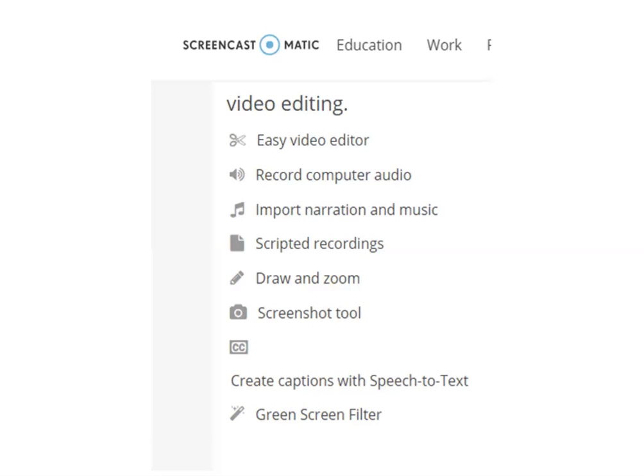It's got a video editor. You can record audio, import narration, which is what we're doing. I wish I had done the whole thing with scripted recordings. The draw and zoom